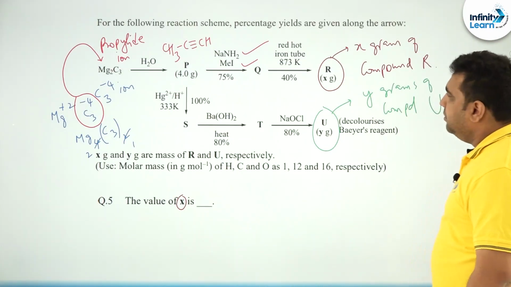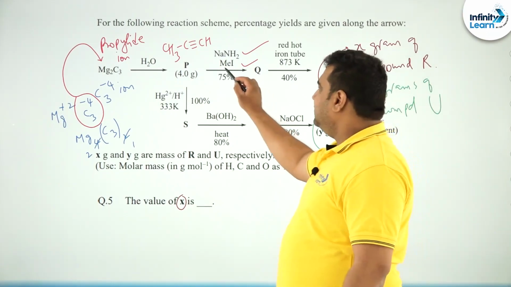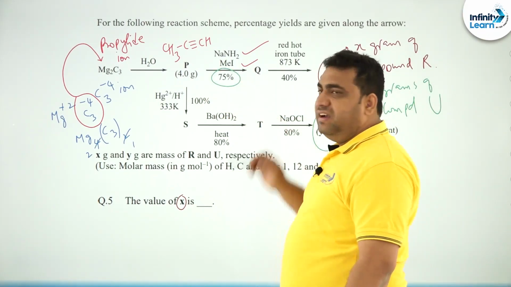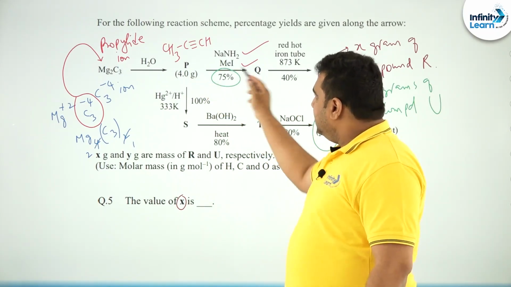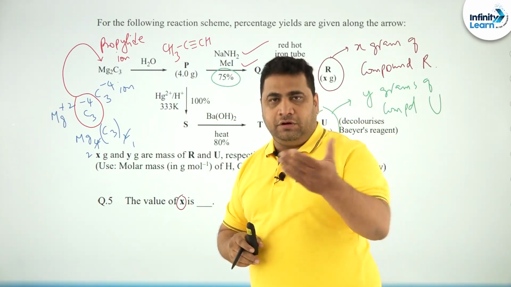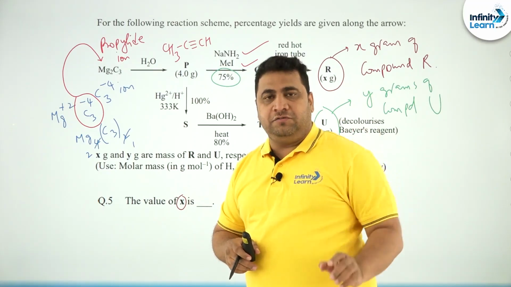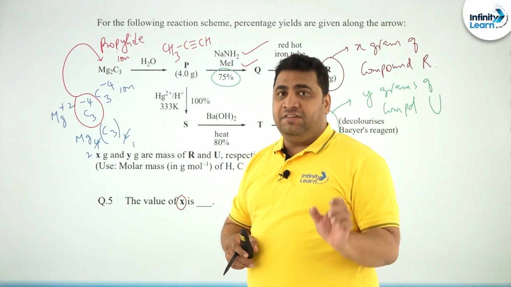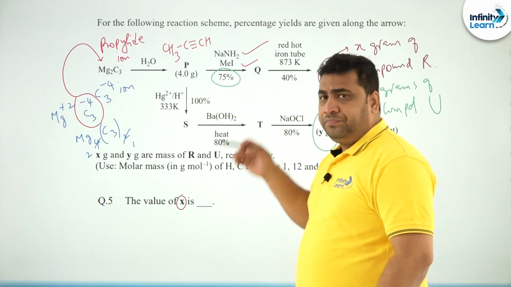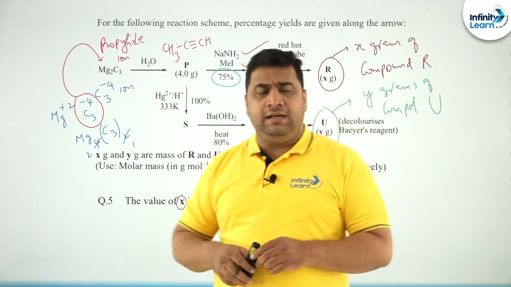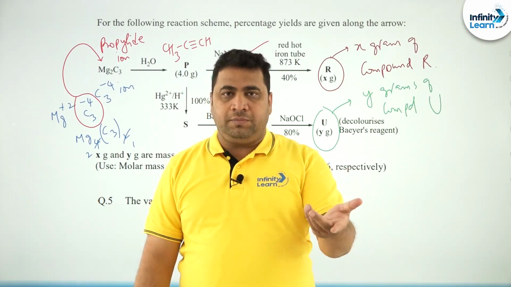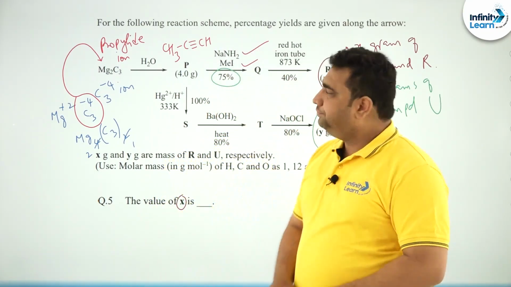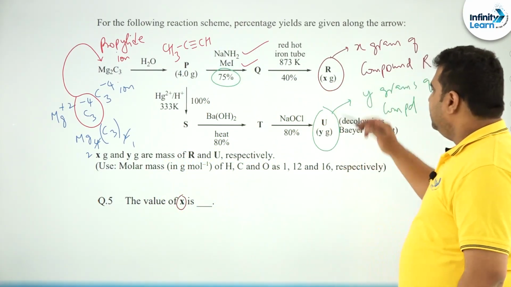But in the equation in the middle he gave you percentages: from here to here only 75% yield will come. So, 4 grams of this must give the equivalent amount of this, correct? That means, imagining the law of conservation of mass is happening, but he is saying 75%. So, you can calculate the yield. How do you calculate the percentage of yield? Obtained by total into 100. So, how much is obtained? By total into 100 you will get the yield. Okay, from here 40% yield.